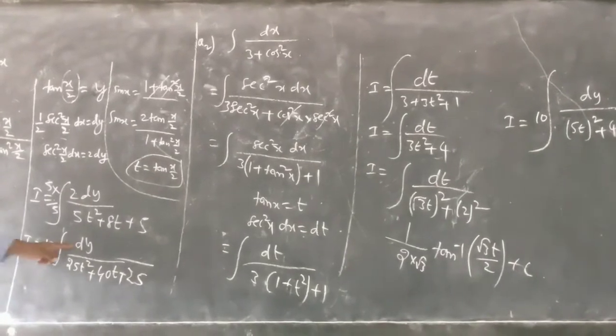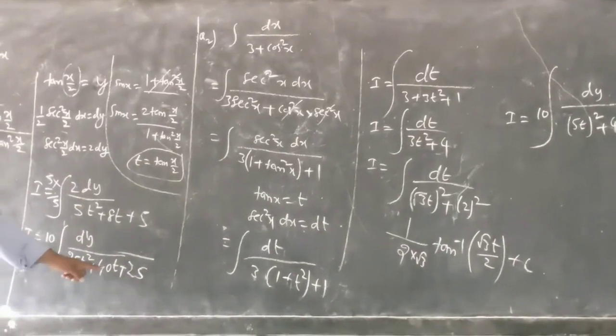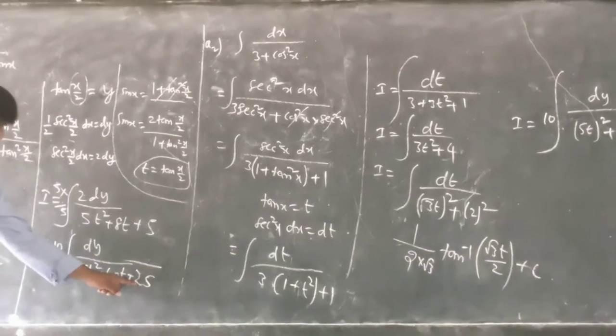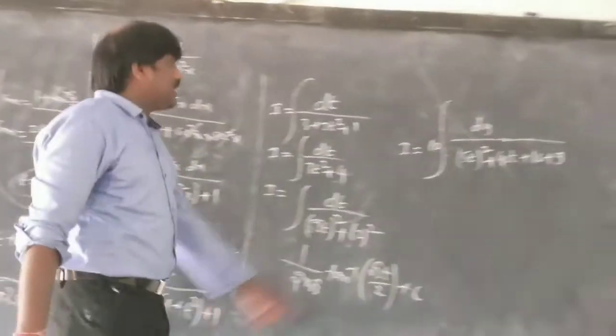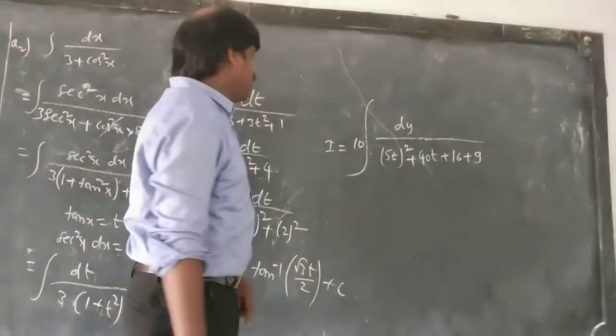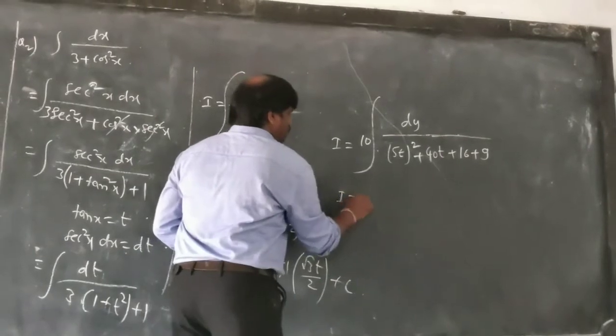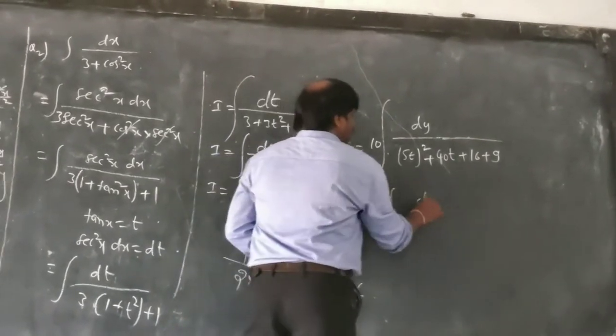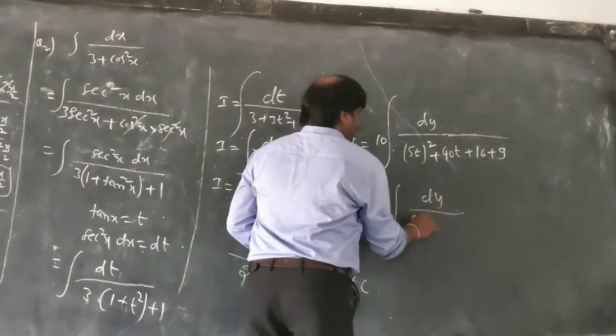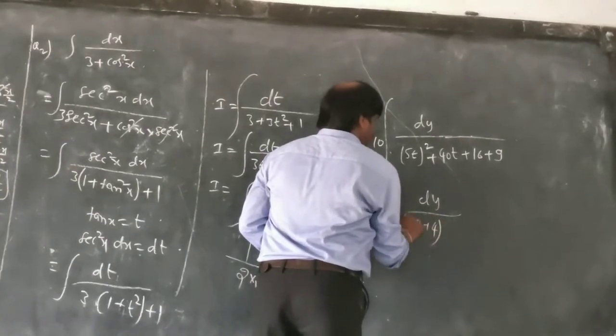See here, 10 divided by 25t square plus 40t plus 25. This 25 I am writing as 16 plus 9. So I can write I is equal to 10 into integration of dy upon 5t plus 4 whole square